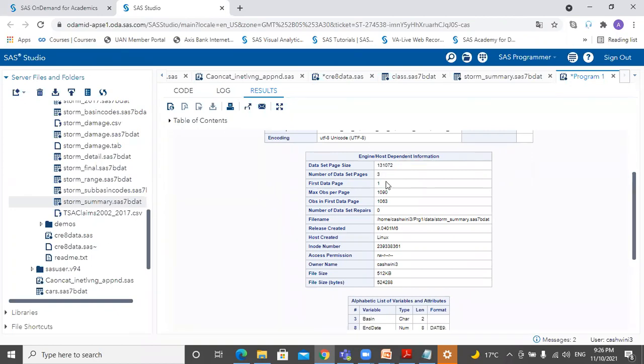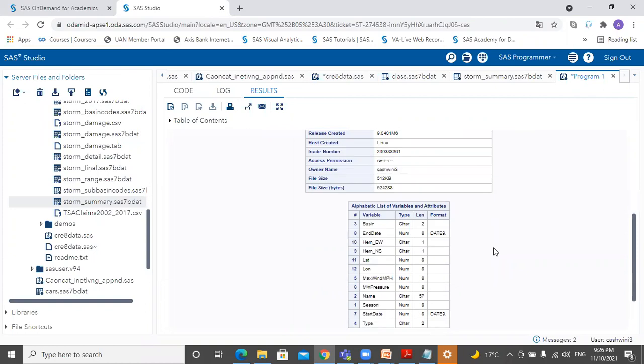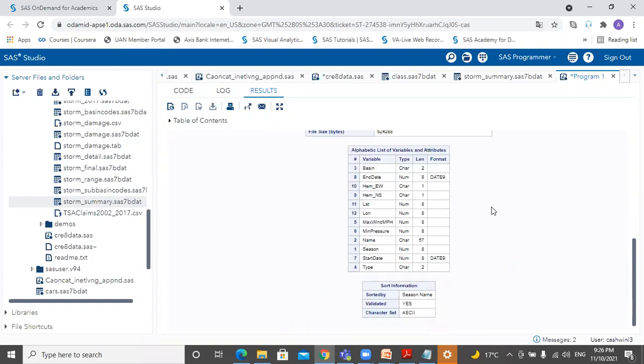Then the information starts from the first page. Maximum observations per page is 1000, the observations on the first data page, and the rest, such as the file size. And you see the alphabetic list of variables and their attributes.